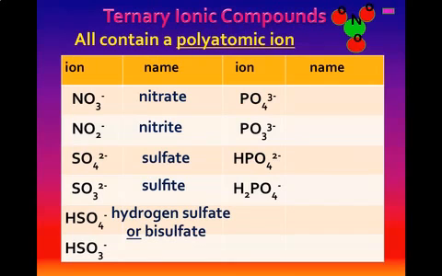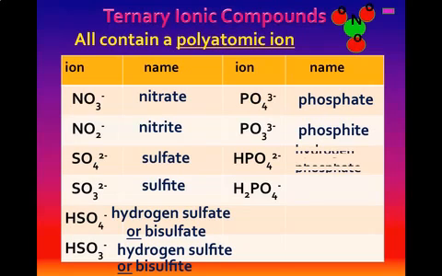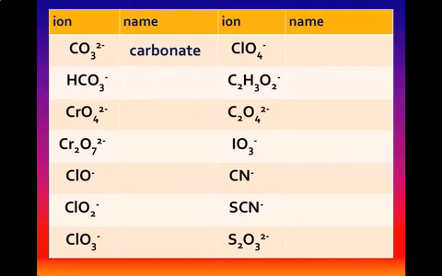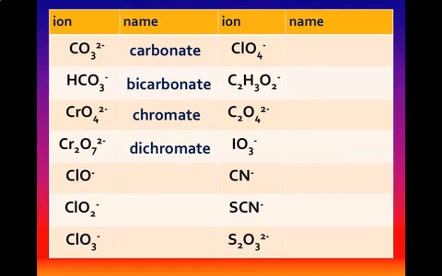We have hydrogen sulfate, or bisulfate. The prefix bi can also stand for hydrogen. Hydrogen sulfite, or bisulfite. Phosphate, phosphite, hydrogen phosphate, and dihydrogen phosphate. I'll give you a chart that has all of these so you don't need to write all this down. Phosphate and phosphite are two that you would probably want to memorize. Next we have carbonate, bicarbonate, chromate, and dichromate, and you can remember that one because there are two chromiums in it,